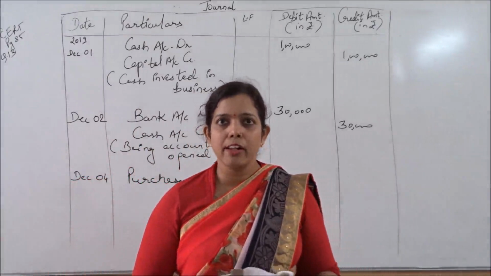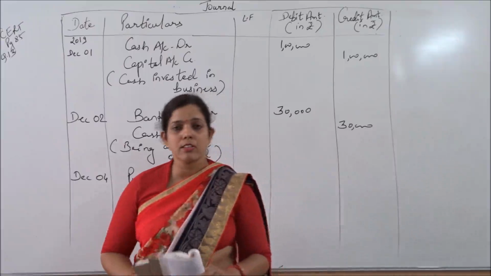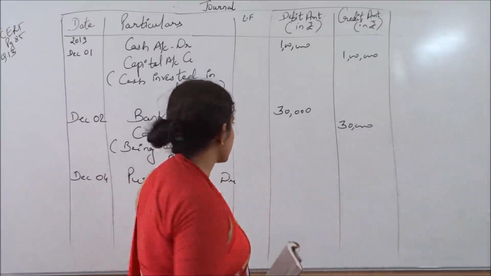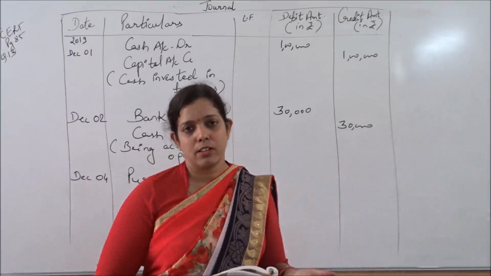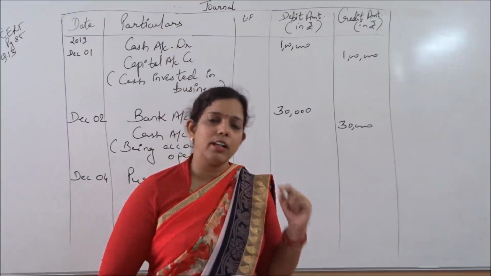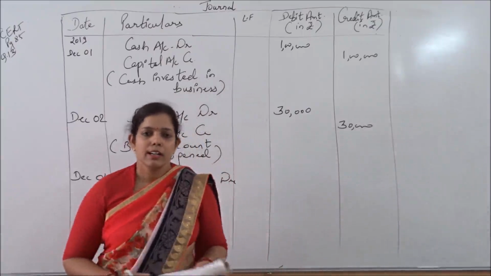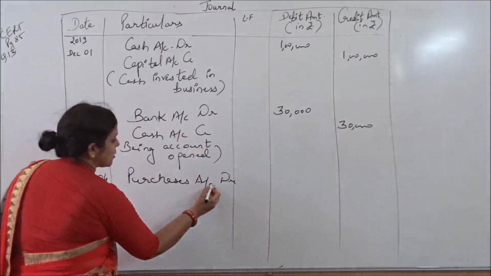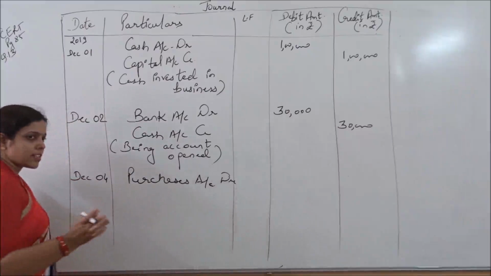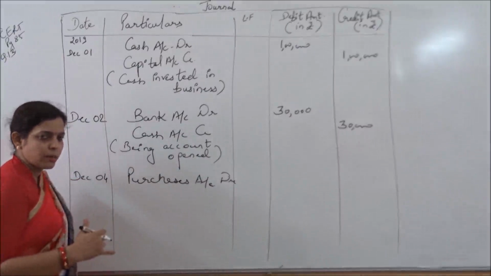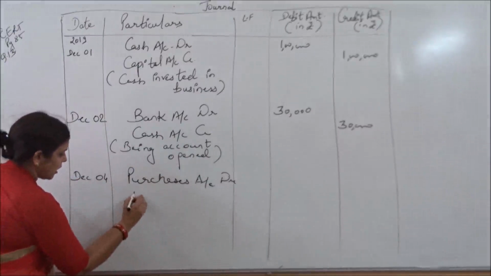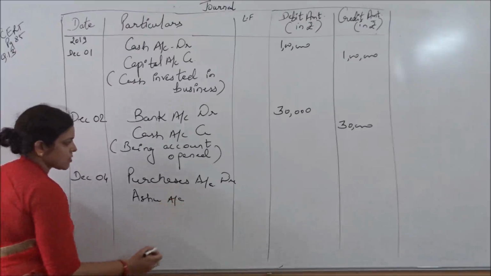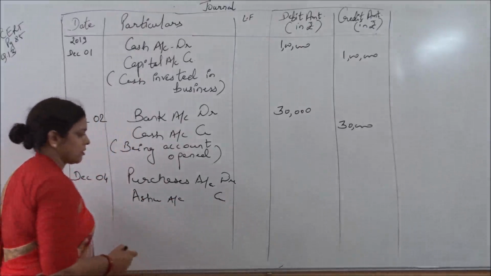As I have already informed, there are two types of transaction generally: it can be cash, it can be credit. Whenever a name is coming, they are not writing cash and only the name is given, so it will be a credit transaction. And whenever a credit transaction is there, the name will come instead of cash. Normal transaction में हम क्या लिखते हैं? Purchases to cash. But now instead of cash, we will write the name Ashu, because in this transaction, Ashu is the giver.